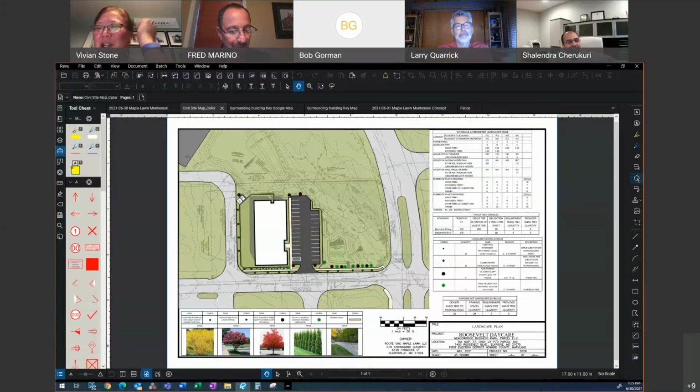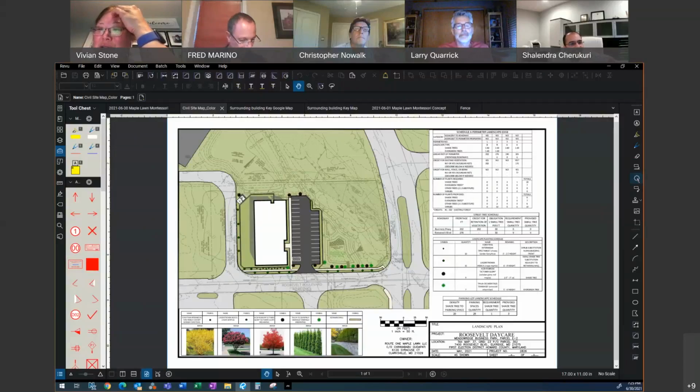And the shared uses, so what portion of the building will be occupied by the daycare or the Montessori school? The whole building is going to be daycare. Okay, I thought Hal had said something about shared use. No, not shared, but in the future, if this moves out, we would be able to use it for other uses.